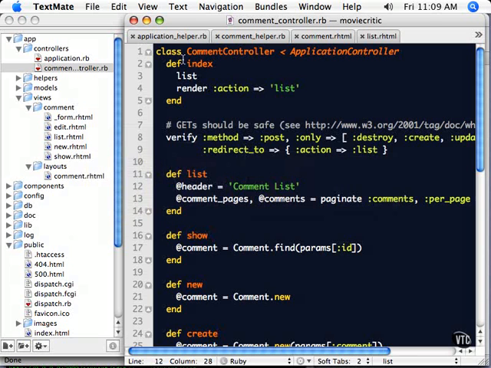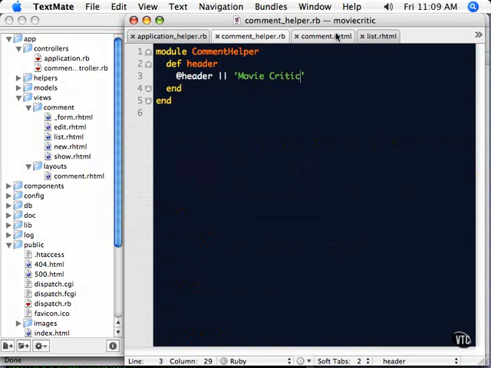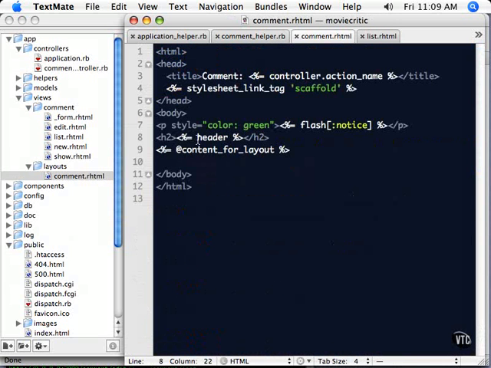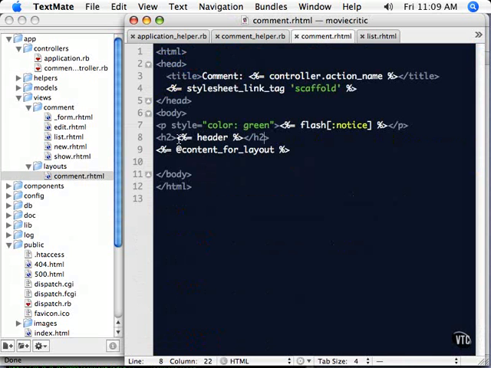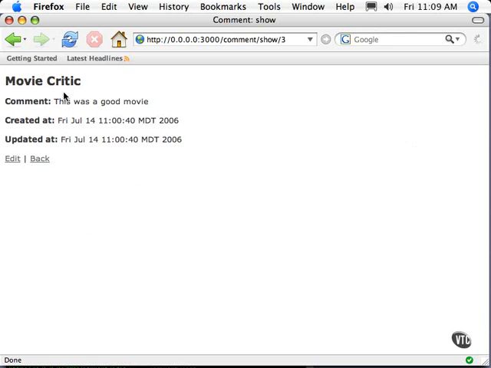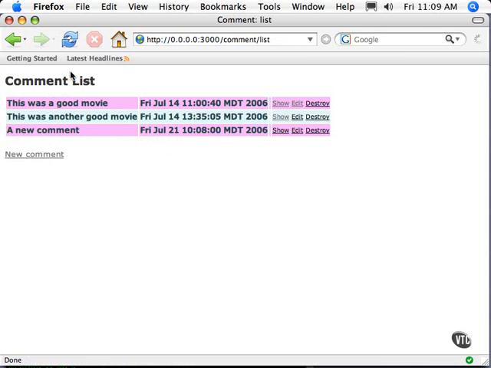And why is that? Because when we called the show method, the instance variable header was not defined anymore. So when we called our little helper from right here, we said, call that header helper. So that calls this one. It dives in here, goes in and says, header. It's not defined, so I'm just going to return movie critic. So that's movie critic gets put into here, wrapped in these H2 header tags, and the result is this. And if we go back, you'll see that,